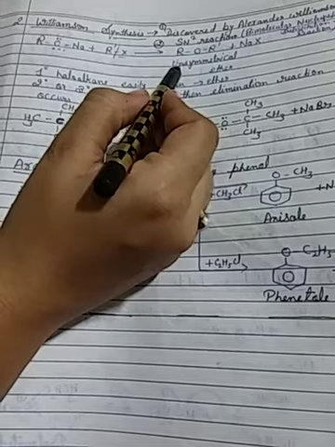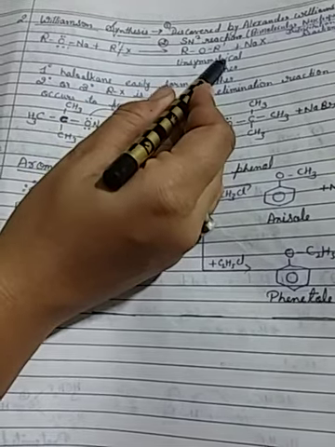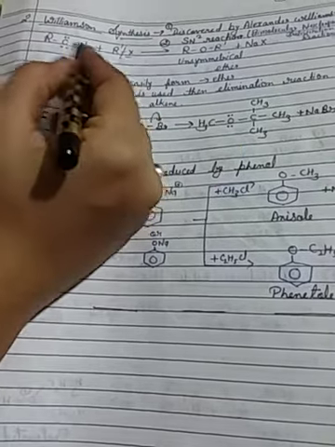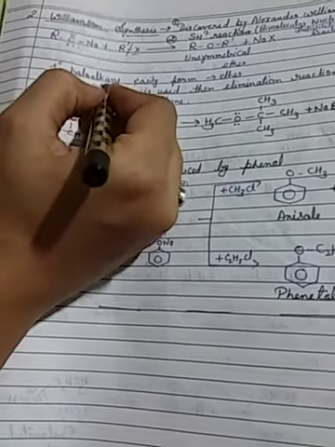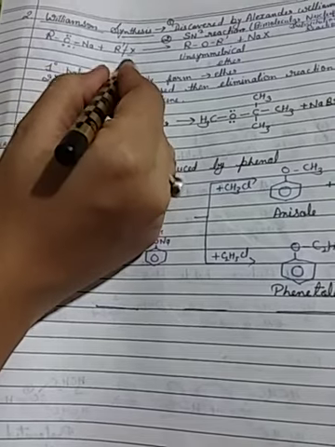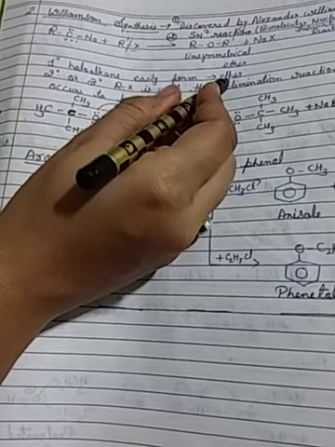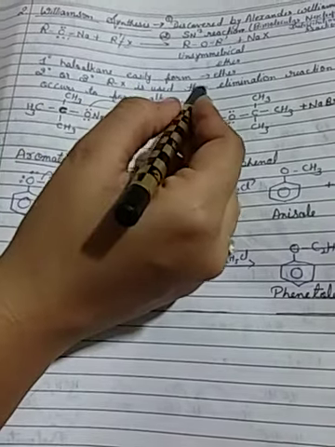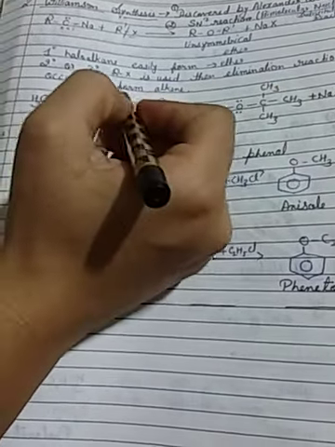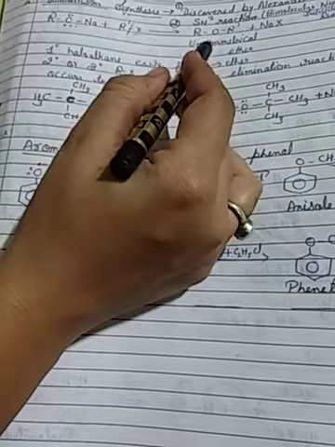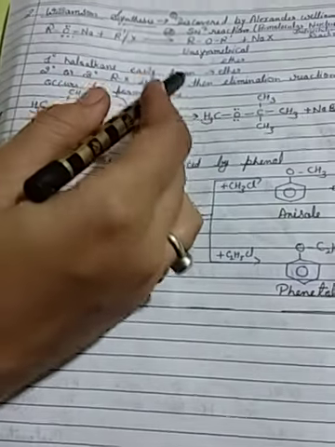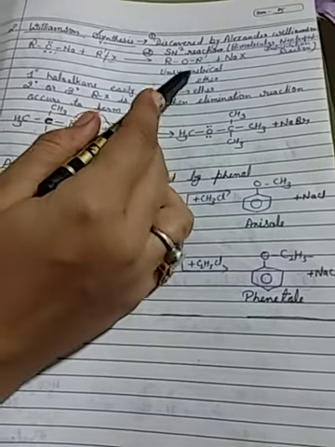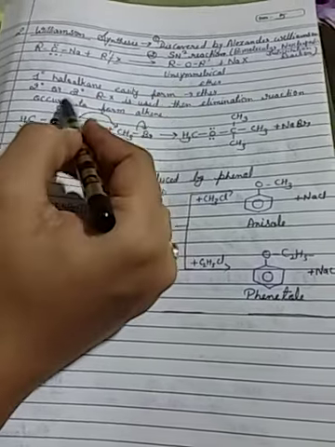That means an unsymmetrical ether. For an unsymmetrical ether, we take RX as a 1 degree haloalkane, then the ether forms easily. If secondary and 3 degree alkyl halide is used, then an elimination reaction occurs to form alkene, not ether. So only 1 degree haloalkane forms unsymmetrical ether, not 2 degree and 3 degree.